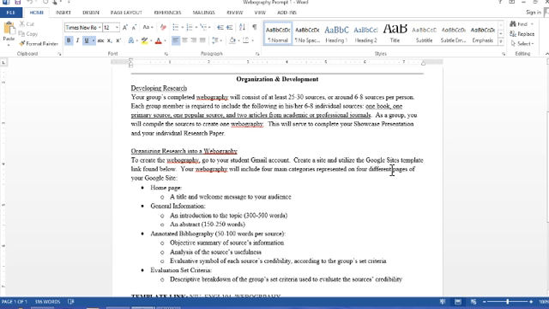Organization and development. So in developing your research, your group's completed webography will consist of at least 25 to 30 sources. So that's going to be around 6 to 8 sources per person. Each group member then is required to include the following in his 6 to 8 individual sources: 1 book, 1